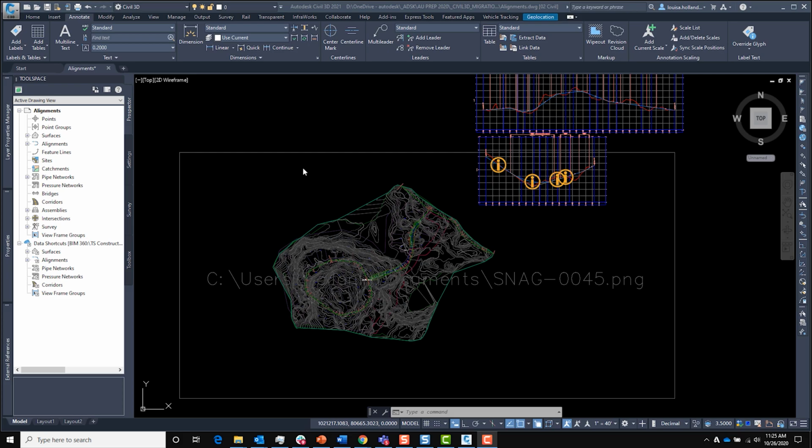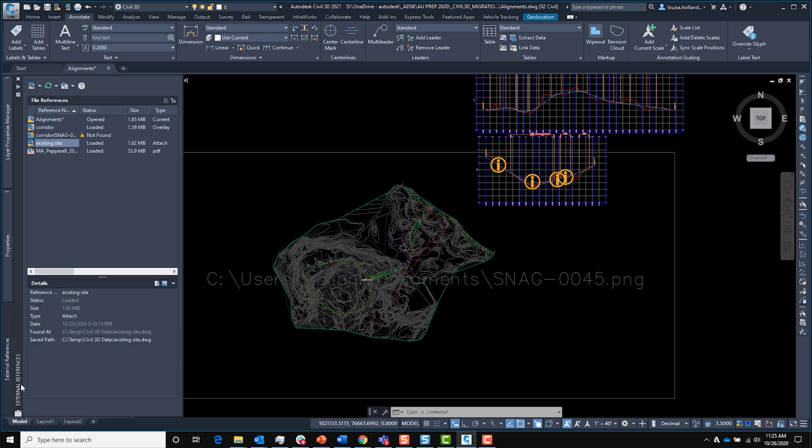Okay, here I am back in Civil 3D, and as you can see right away, just from looking at it, I can tell there's some reference issues. Well, let's go to the external reference panel and get a closer look at what's going on. I've got mine just docked off to the left here. If I go into this panel, I see the list of different external references involved here.